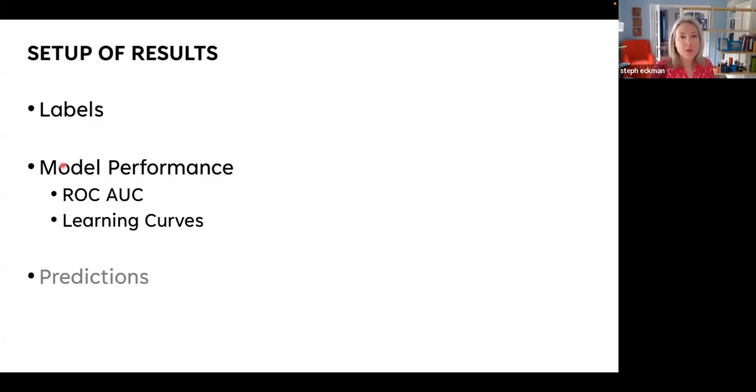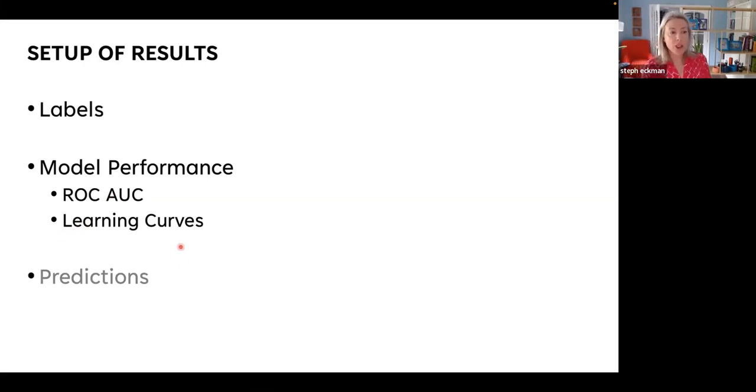And then we're going to look at the performance of those models trained on each of the conditions. There are 2 methods of model performance that I'm going to show you. The first is the ROC AUC. This is the area under the receiver operating curve. This is commonly used with logistic regression and other binary choice models to measure model accuracy. There's a lot of different measures of accuracy in this world. We've picked the ROC AUC. You may have your own favorite one, but this is the one we're going to show.